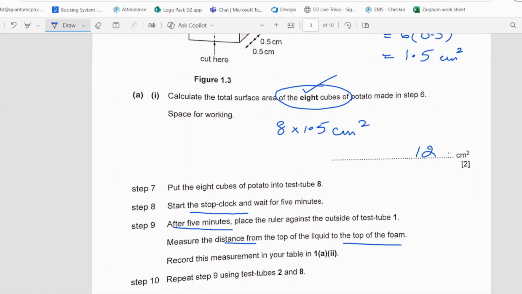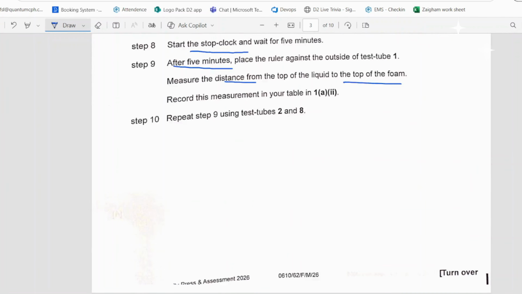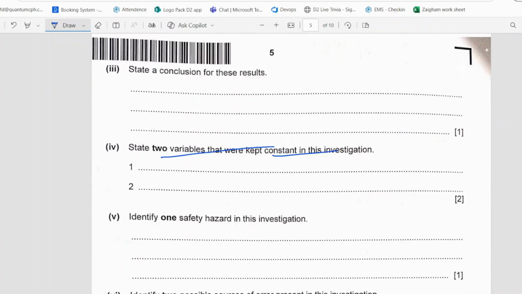Yes, time was 5 minutes. Okay, here is the paper I've sent you. Okay, so